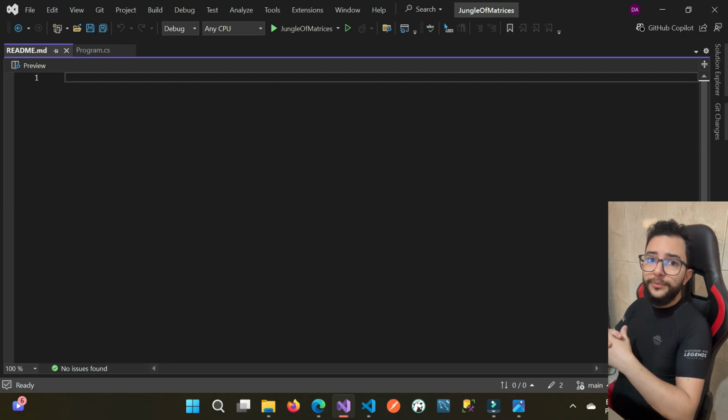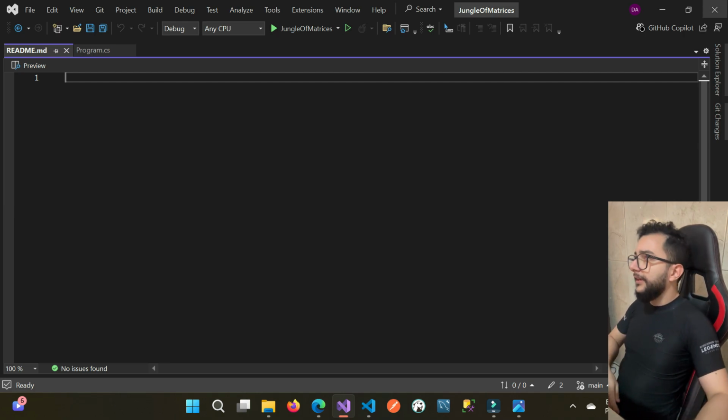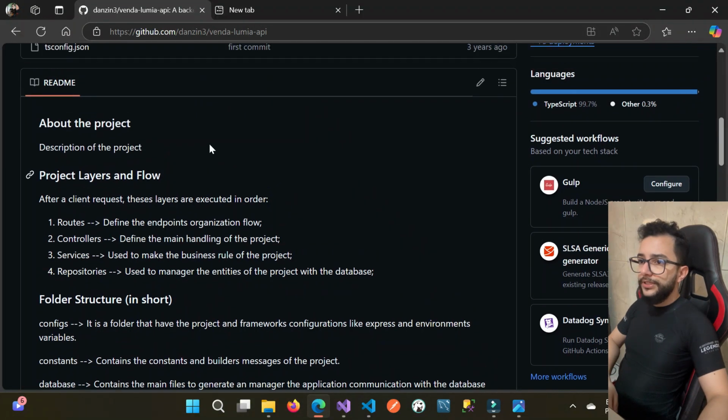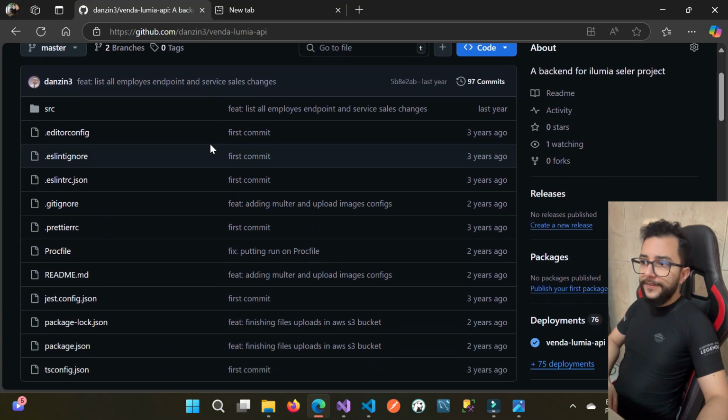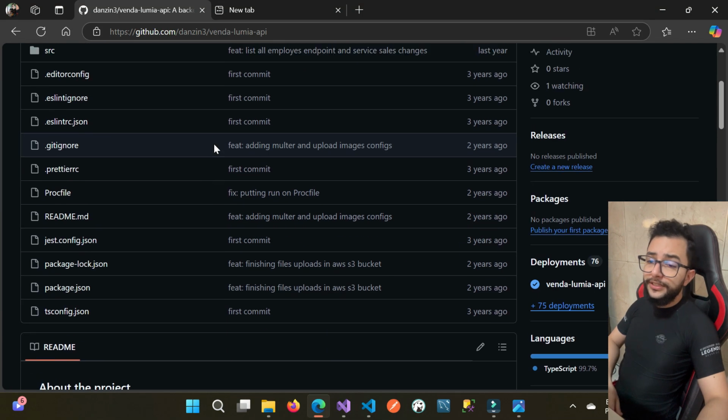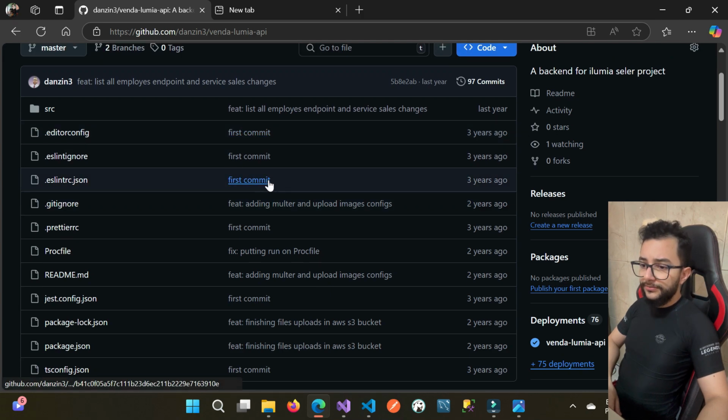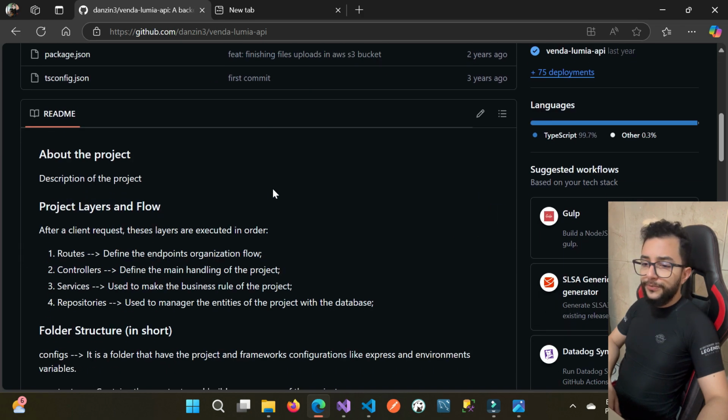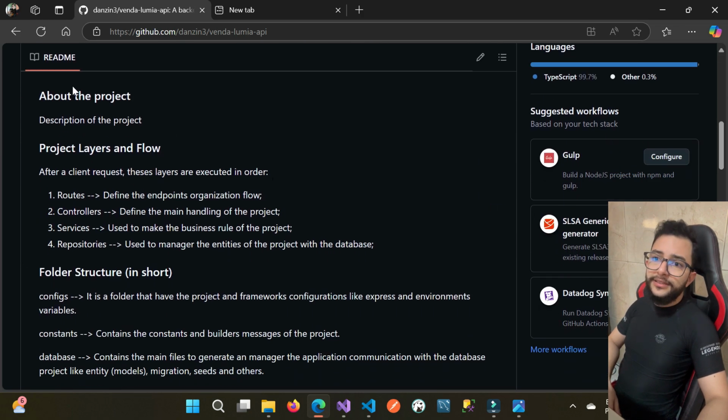You're gonna describe what the project is. And here, I got an example of a good README project. This is a project that I'm gonna share with you sooner or later. Actually, this is locked. It's not public, it's private. But I'm gonna share with you guys. And this is a template, a layout of a good README. This is the way I use. It's not the best way. Maybe there is something better. I don't know. If you have something in your mind, just put it in the comments and let's share this with